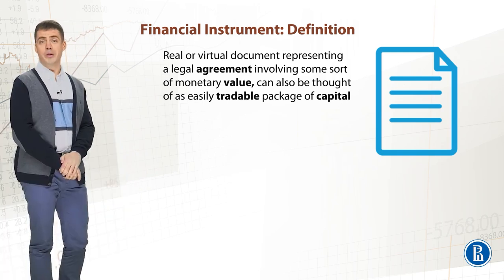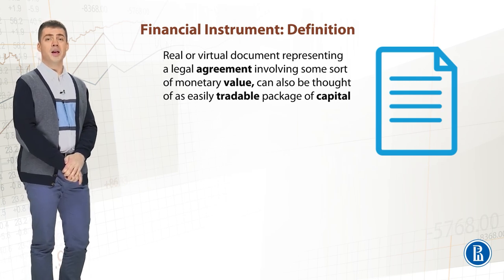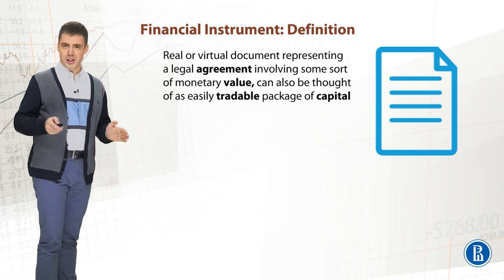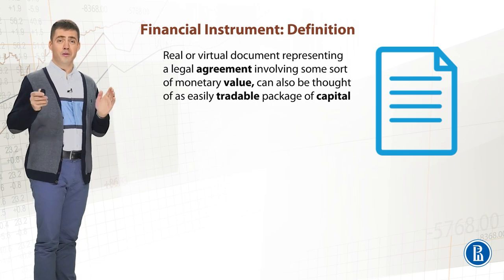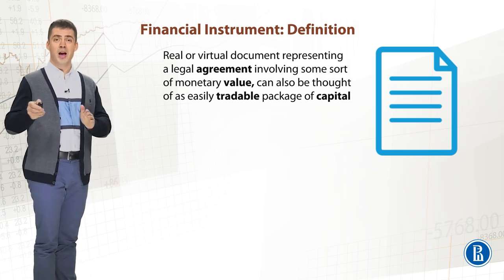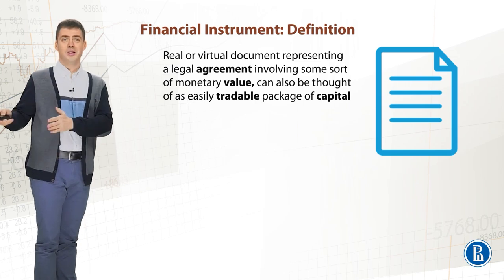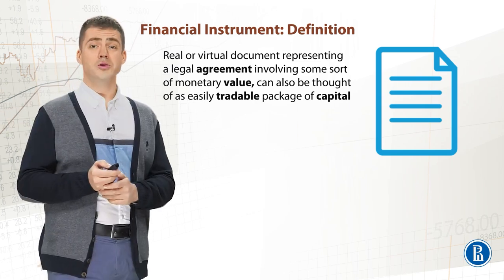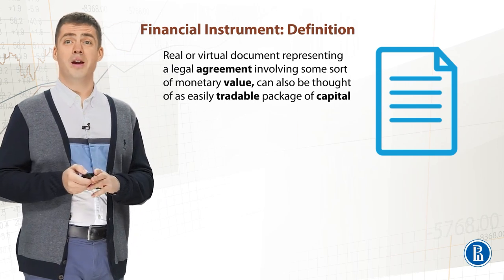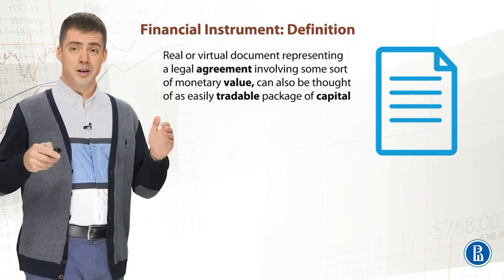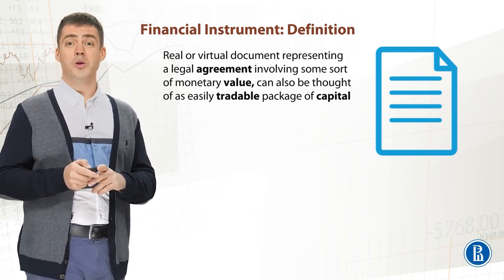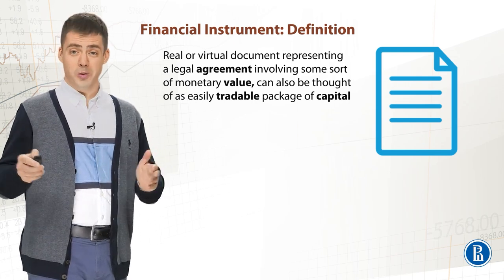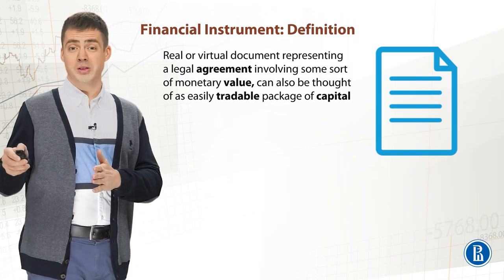Here in this definition, I would like to highlight 4 important words. The first important word is an agreement. All financial instruments have contract nature, which means that any kind of a financial instrument is at the same time someone's asset and someone's liability. And those instruments have their value even though they are not physical commodities or some services themselves, which means that these are the rights which have the value, not the instruments themselves.